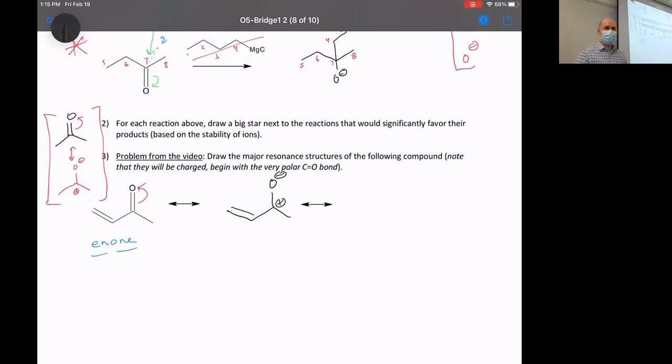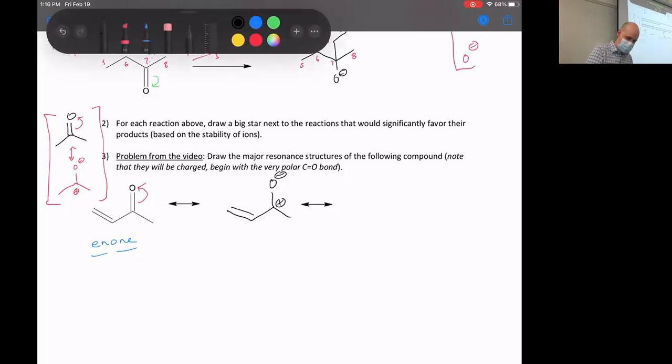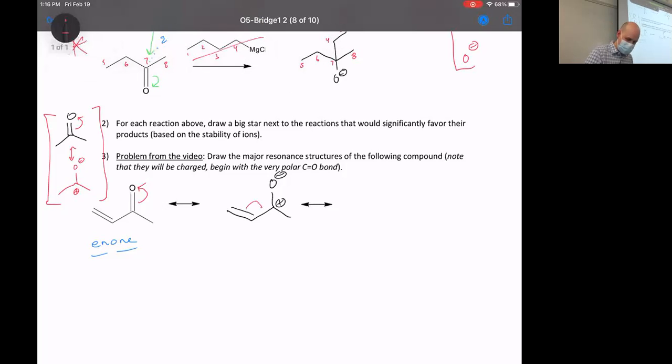It's been a while since we drew a resonance structure, so if you guys messed that up a little bit, it's okay. But how are we feeling? Most of the problems came when you tried to do everything at once and missed this resonance structure right here. All right, but here we have a C plus next to a double bond, so we can also hop the double bond over, which will give us a third structure